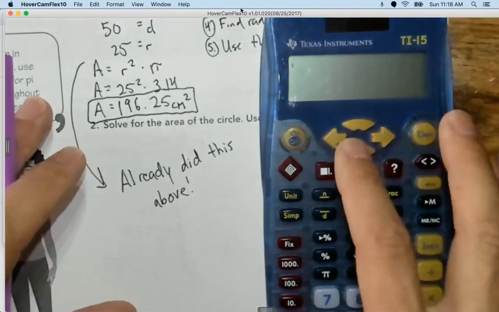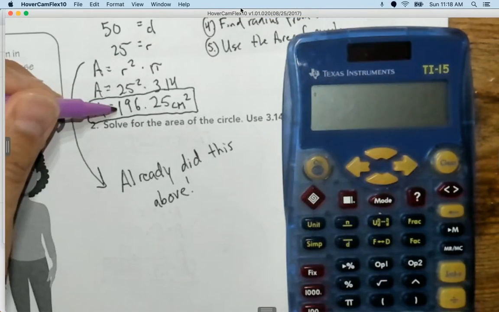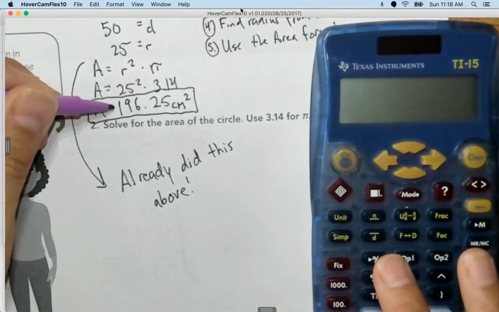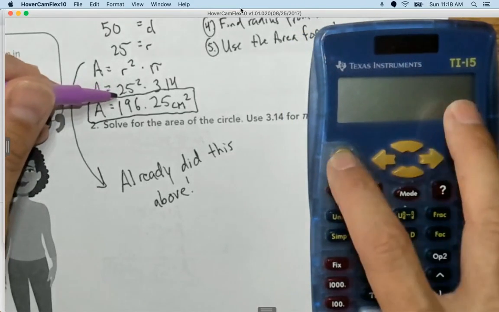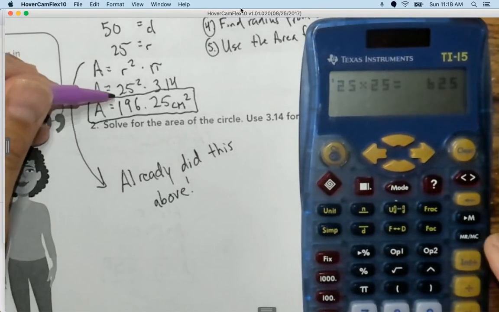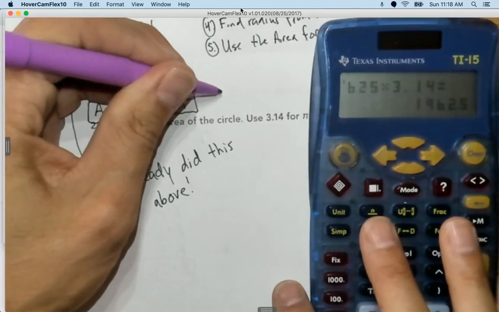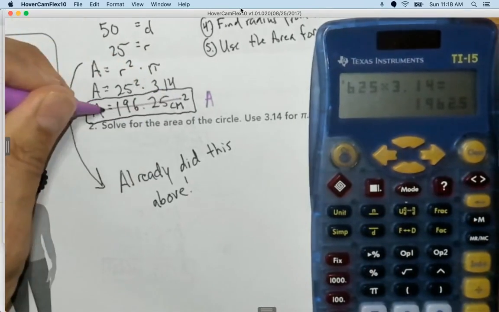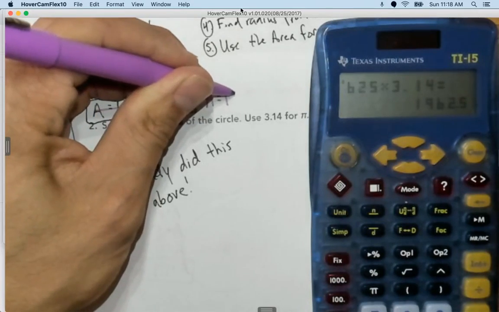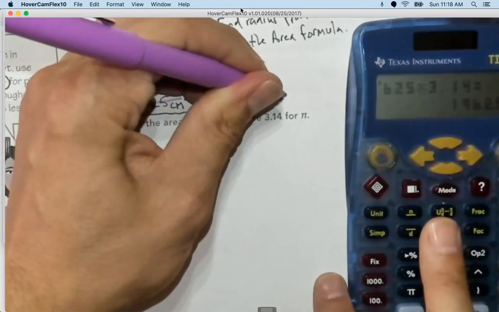But then you keep going over your work because that's what good students do, and you realize that something didn't make any sense whatsoever. This can't be 196 and 2500 centimeters squared because this is 25 times 25, which I put in, and it was 625 when I got that. So I know my answer has to be bigger than that. I had to times it by 3.14. I'm guessing I divided it. And so I see the right answer here, and my area should not be this. Come on. My area should be